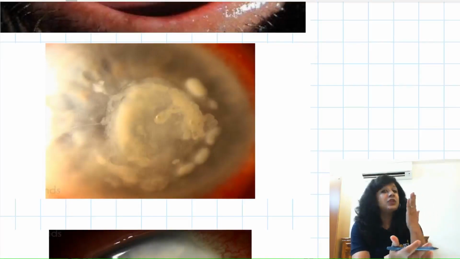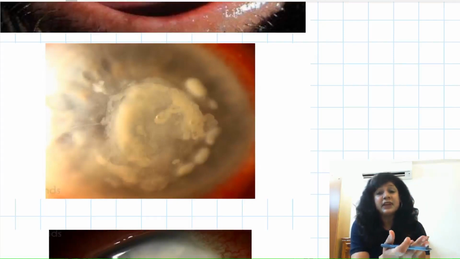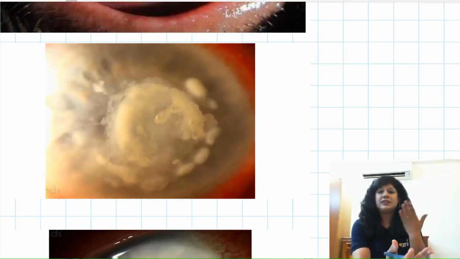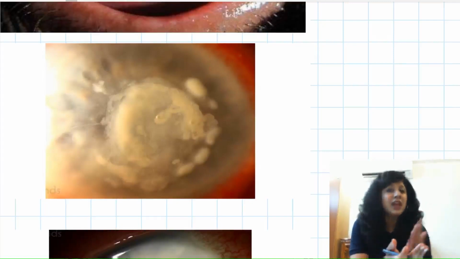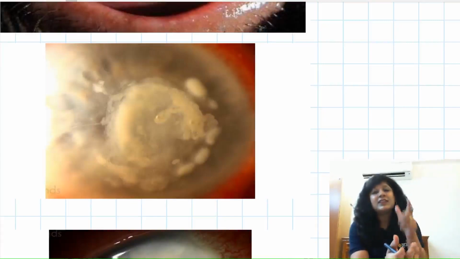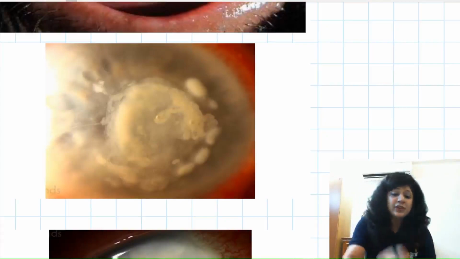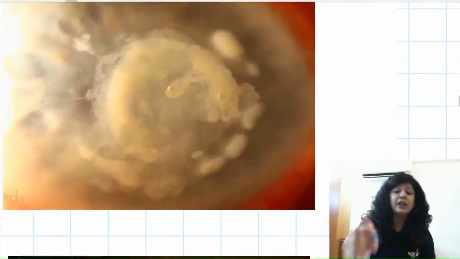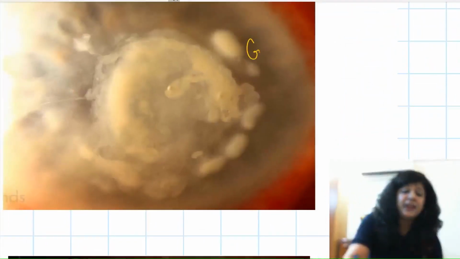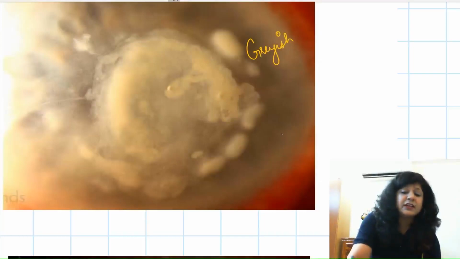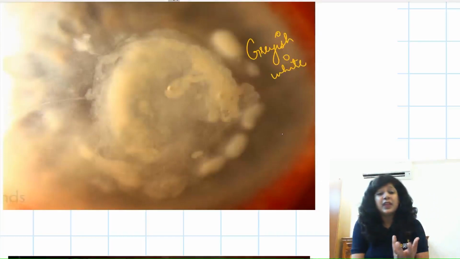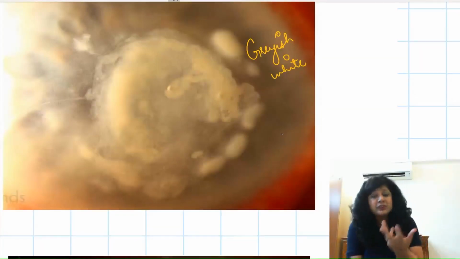Most of the time, patient does not know even that he has an ulcer, and he is presenting just for the diminution of vision. On examination, we find that there is a large ulcer. Now, what is the reason? Reason is again the absence of the vascularization. Because there is no vascularization, that is why we typically get the grayish white ulcer with the elevated margins, dry looking, and we have got the multiple hyphae, because fungus always have hyphae.